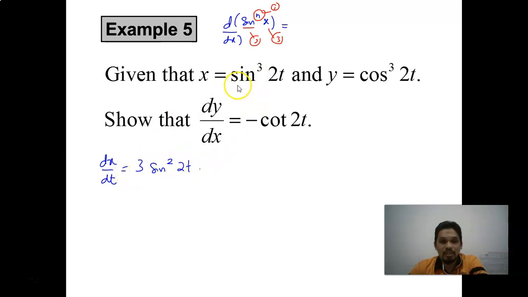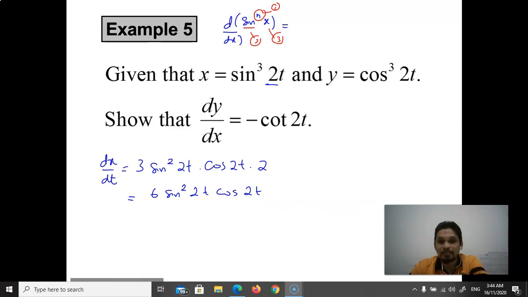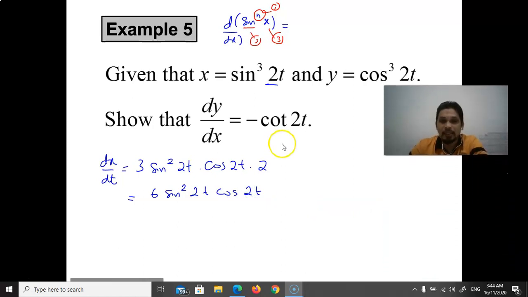Multiply with the derivative of sine, which gives cos 2t. Then differentiate the function 2t, which comes with 2. So 2 times 3 equals 6 sine squared 2t cos 2t. Okay, now